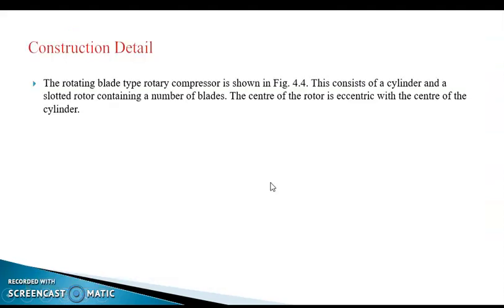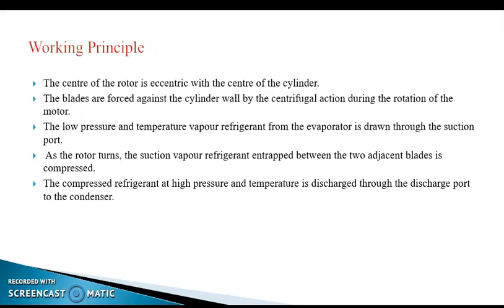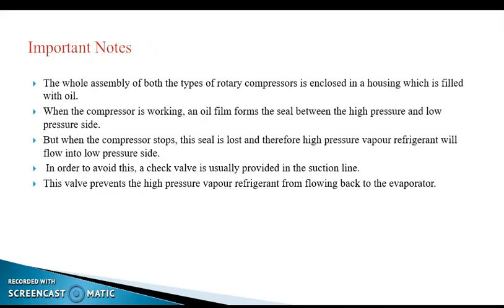Already I explained the construction detail and the working principle. Some important points you have to remember in this rotary compressor. The whole assembly in both types of rotary compressor is enclosed in a housing which is filled with oil. When the compressor is working, the oil filling forms a seal between the high pressure and the low pressure